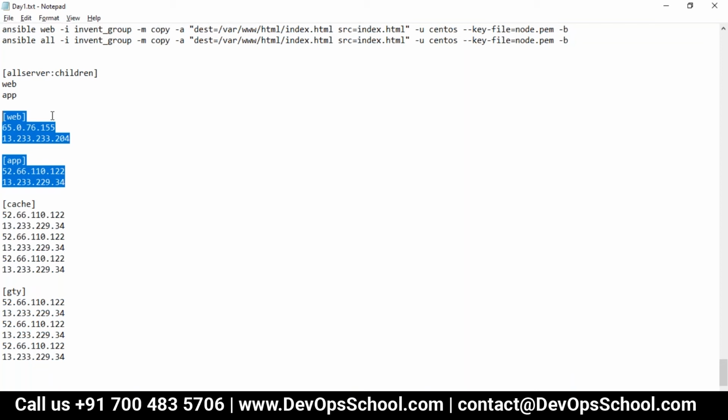Are you getting my points? Are you visualizing? Rajesh, I have one question. Suppose the inventory contains 10 groups, after which I want to run the deployment in only 9 groups. One group I want to exclude. So how to give the option in the ad hoc command? Create a group of groups, add all 10 groups, exclude one. That's one method.